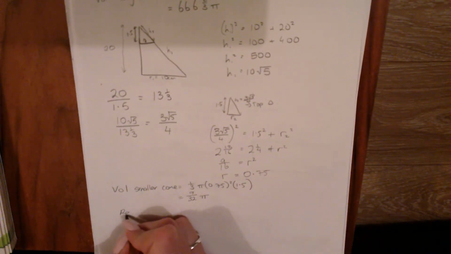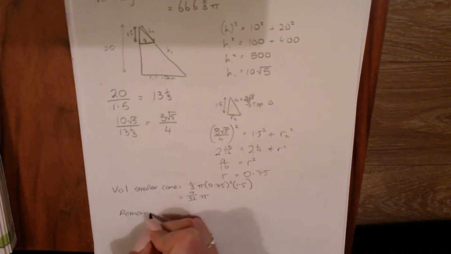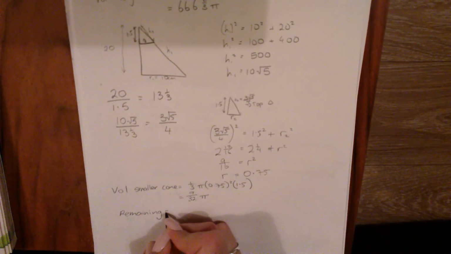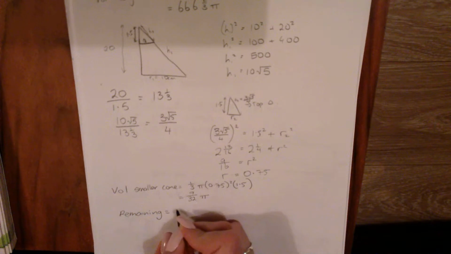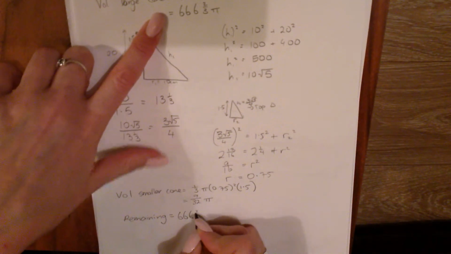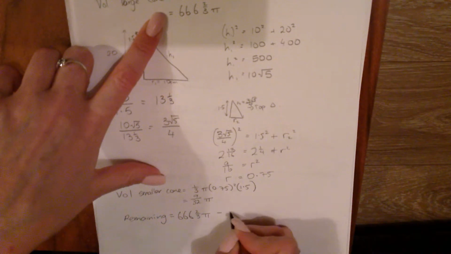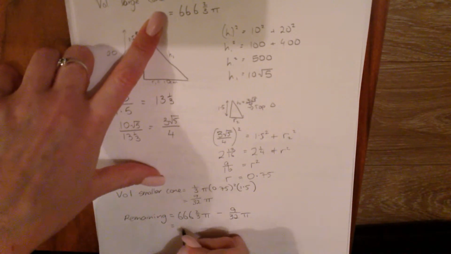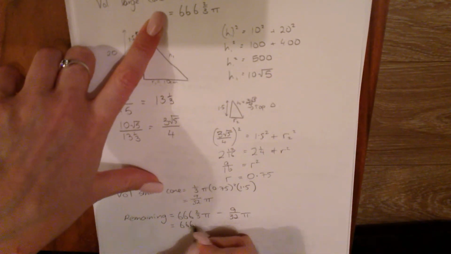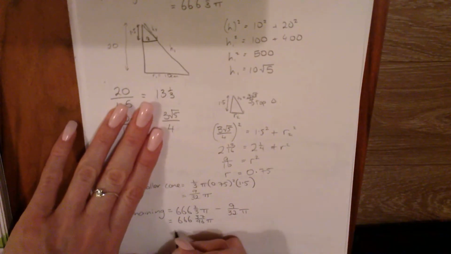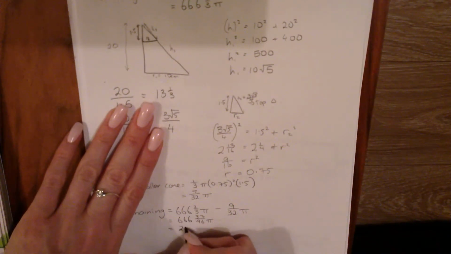So to get the remaining, we have our large volume, 666 2/3 pi, minus our smaller one, 9 over 32 pi. We get left with 666 37 over 96 pi, which is equal to